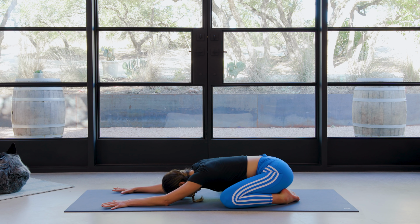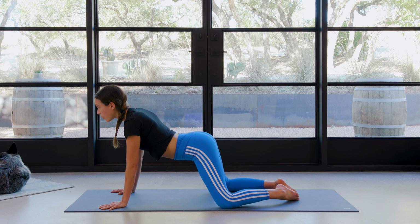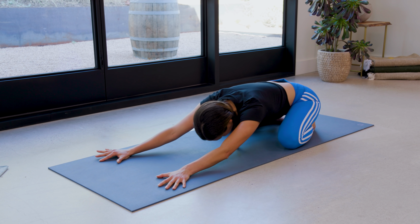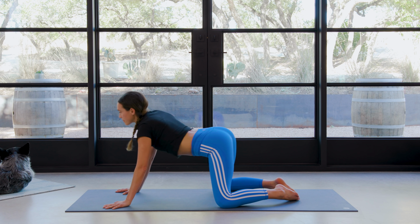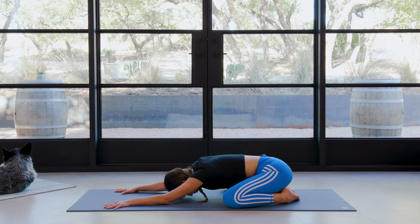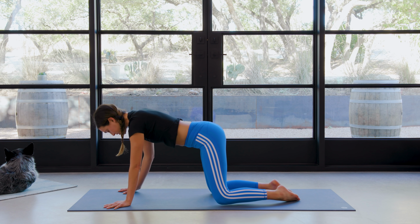Inhale in, focusing now on the quality of your breath. Quality control, lifting the elbows, reaching the fingertips forward. Now we're going to go in a circular motion. So inhale, take the shoulders and heart to the left. Come all the way forward, look forward, exhale around to the right and back down through extended child's pose. Now keep it going. Inhale to come forward and up, and exhale around and back. Now reverse the circle. And the next time you come back, take a second here, breathe in, breathe out. Breathe in, heart lifts up, move from center, walk the knees underneath the hip points, curl the toes under,